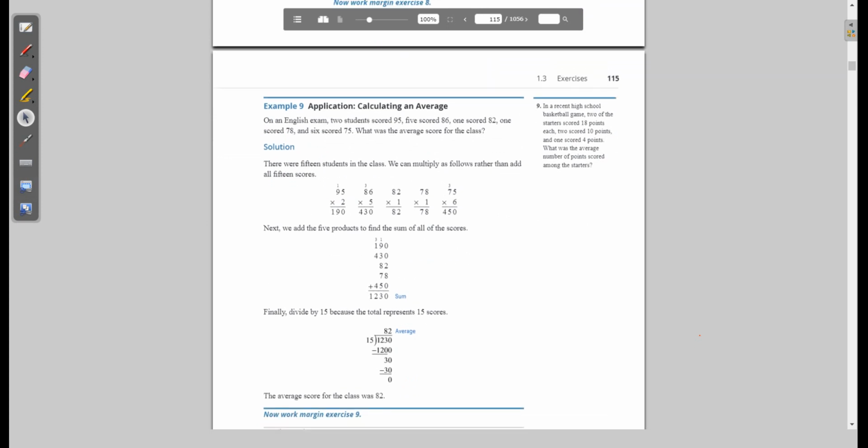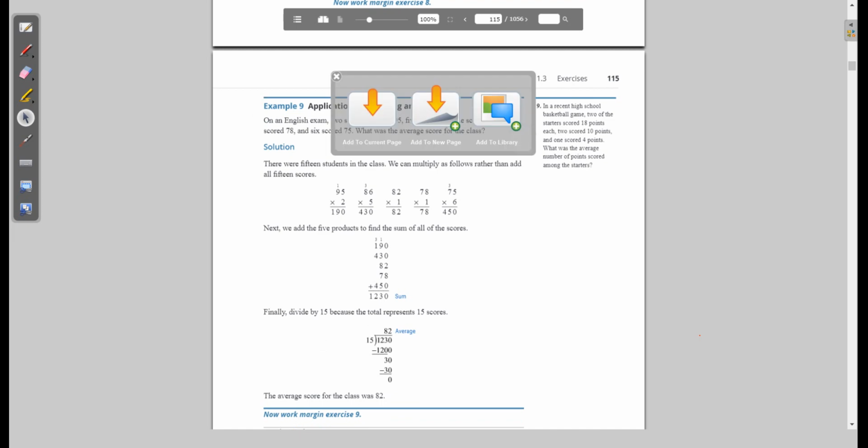Alrighty, so on an English exam, 2 students score 95. Okay, so this could get kind of crazy. Looking at this, it says 2 students scored 95, 5 scored 86, 1 scored 82, 1 scored 78, and 6 scored 75. So what I'm going to do is say that 2 students,